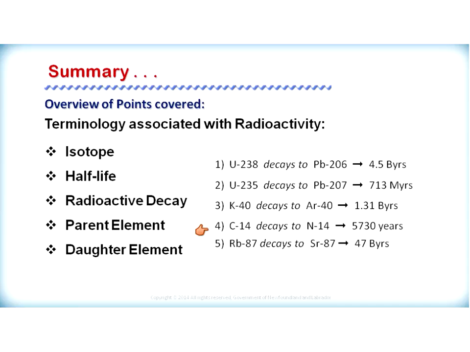Potassium-40 decaying to form argon-40, which has a half-life of 1.31 billion years. And carbon-14 decaying to form nitrogen-14, which has a half-life of 5,730 years. And the last dating method we studied is rubidium-87 decaying to form strontium-87, which has a half